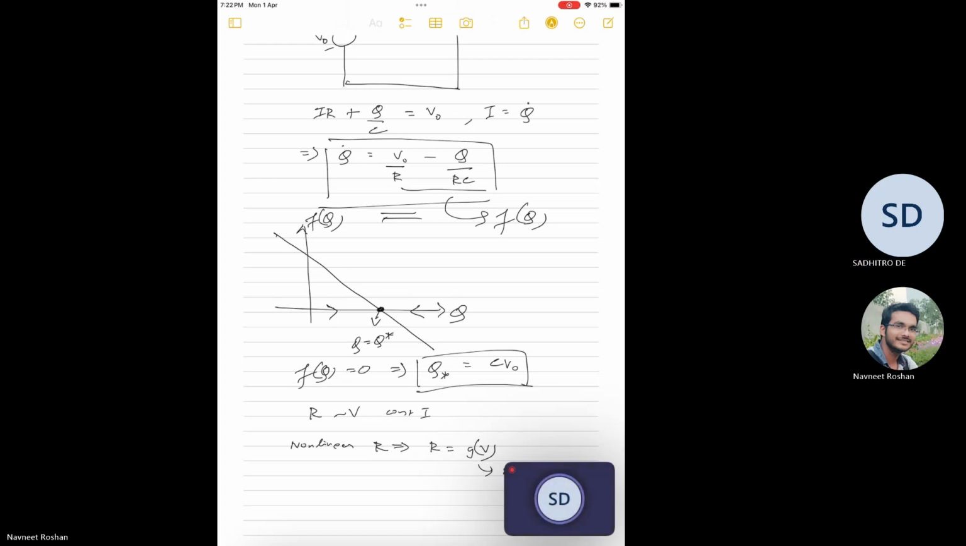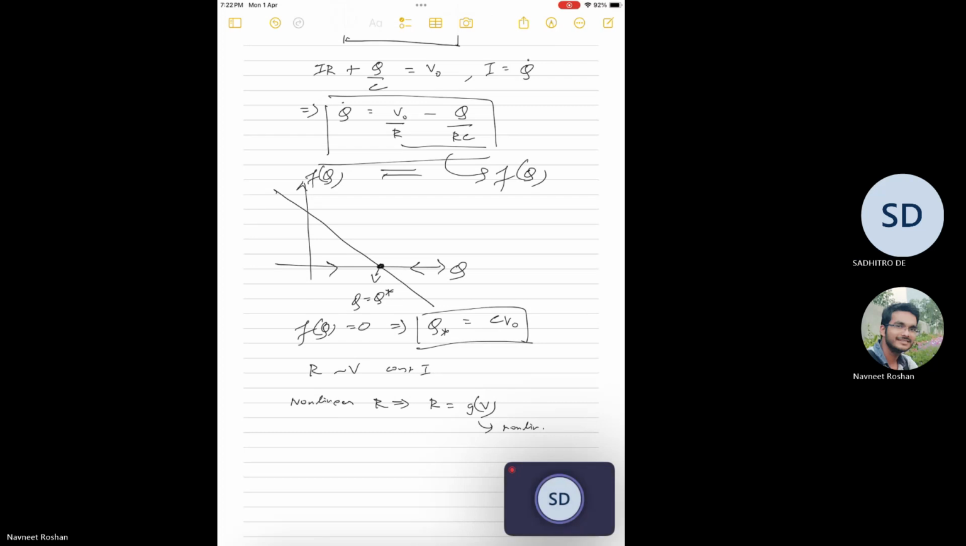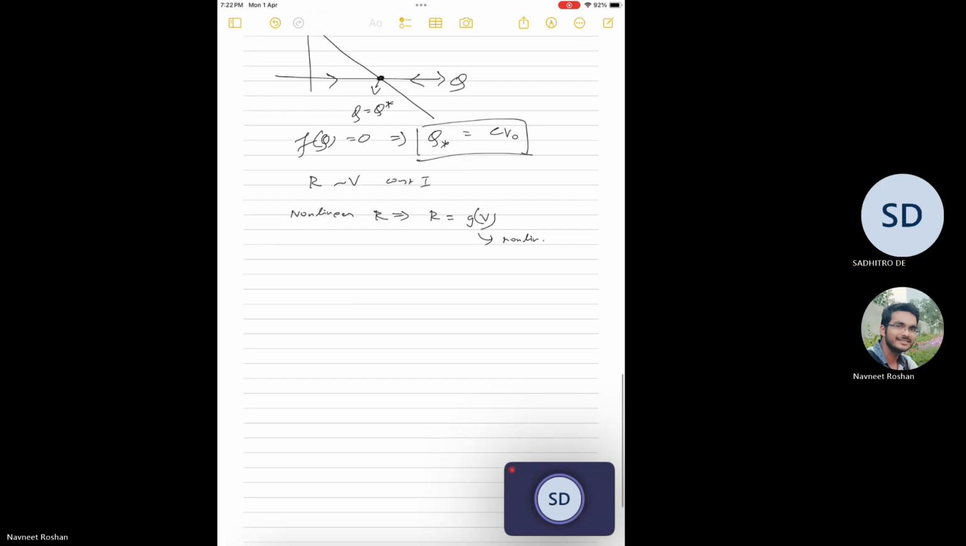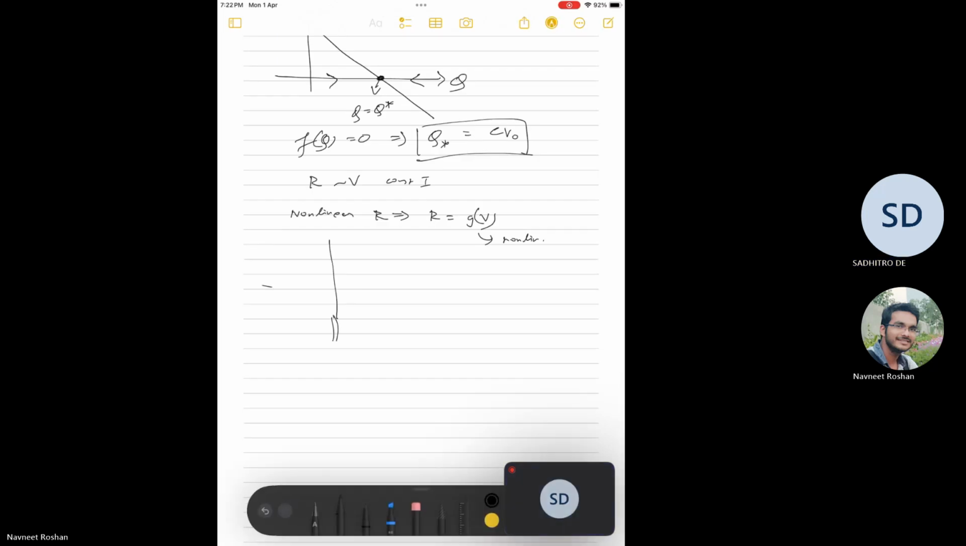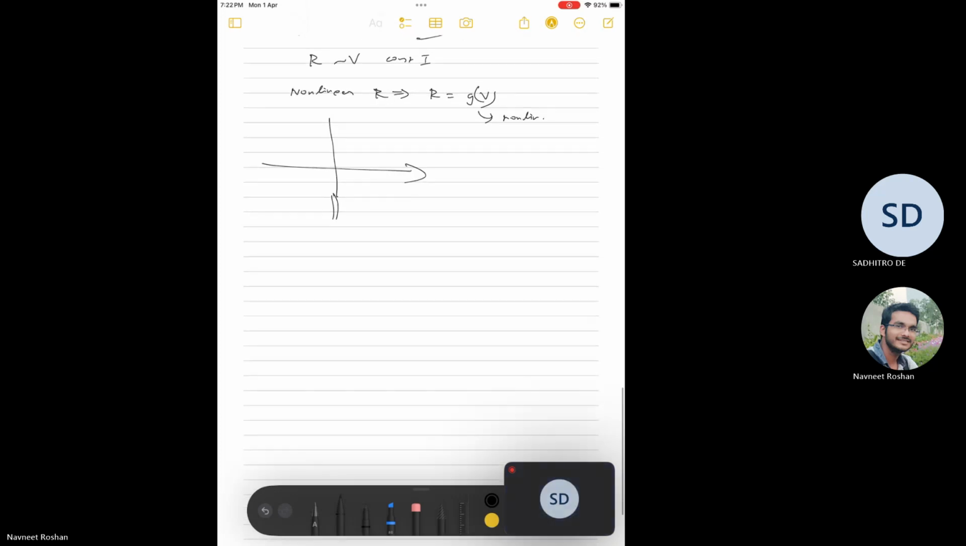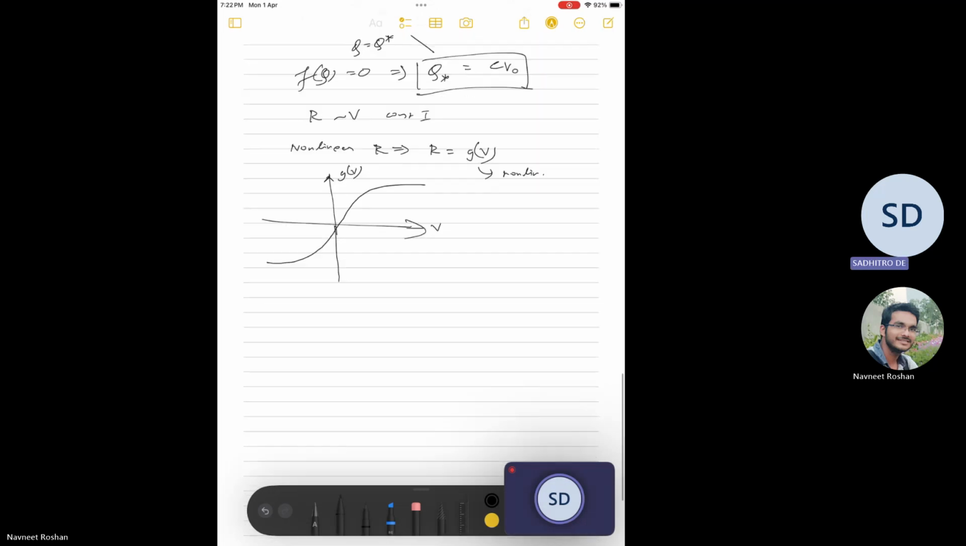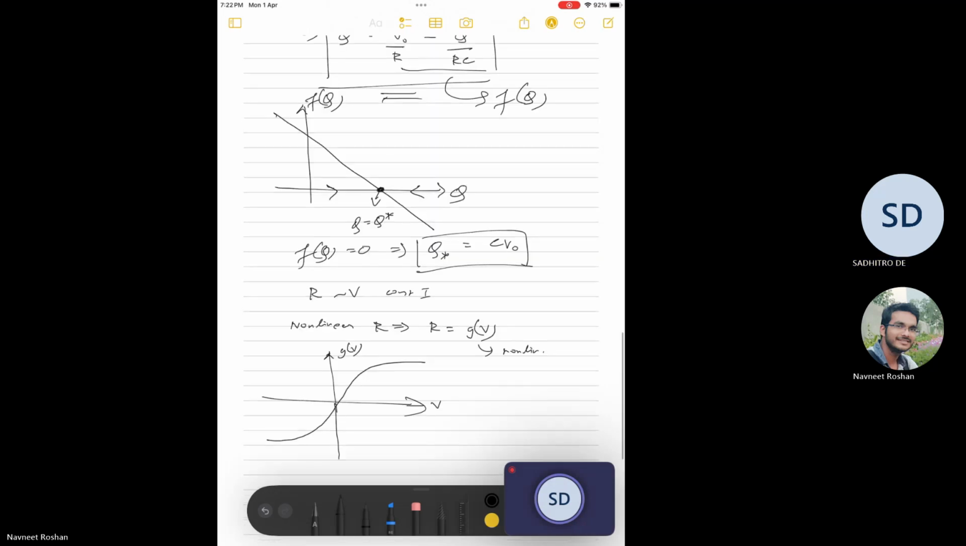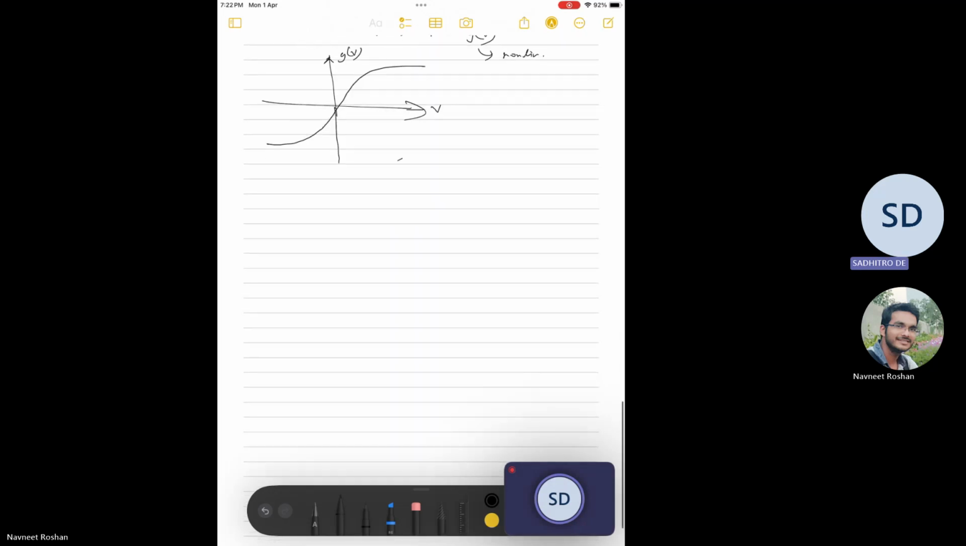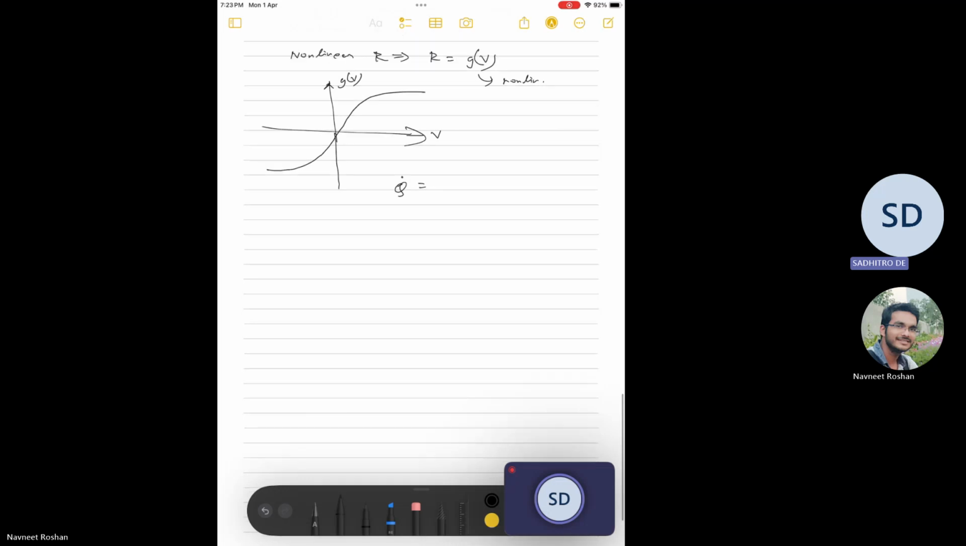Okay, so let us say that this function g of v has this particular form. Okay, g of v, and this is v. So then what will be the fixed point of the system? So then the dynamical equations, first of all, it will change. So q dot becomes equal to